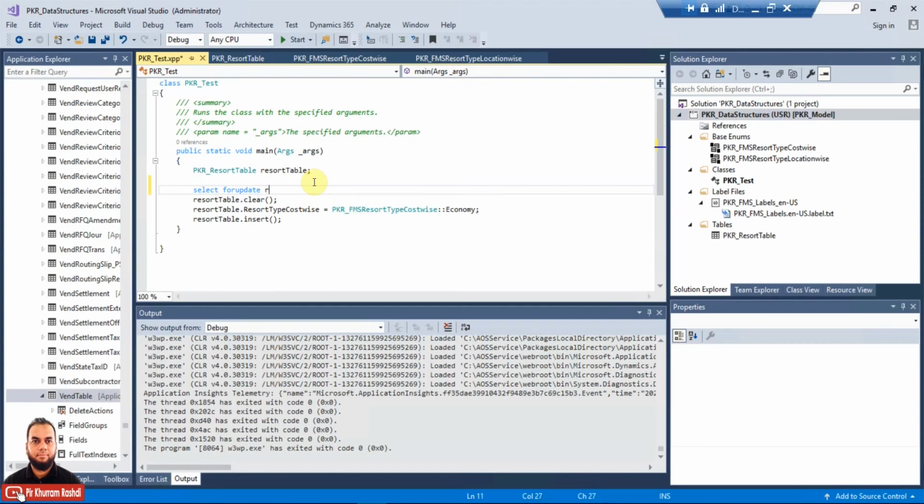We declare the table buffer here, and because we already know there is a single record, we are not putting a where clause here.